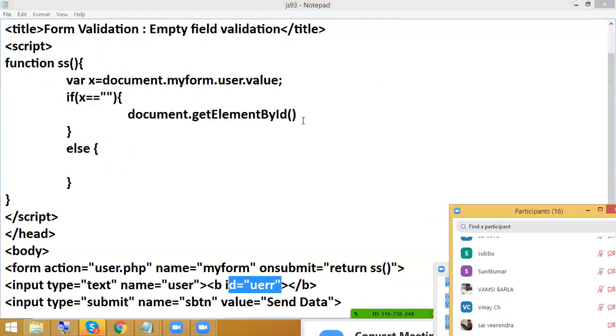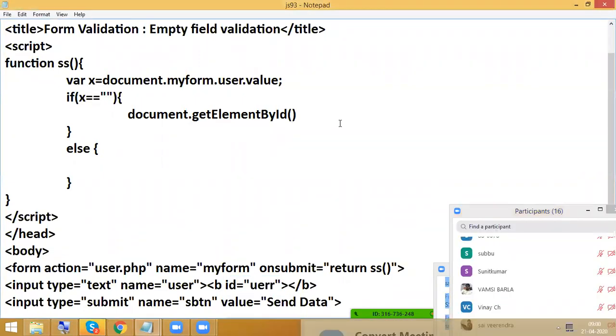UERR. Okay, then innerHTML. So we know that it is innerHTML. So inside this bold tag, I am going to display the message. What is that message? Field is required.